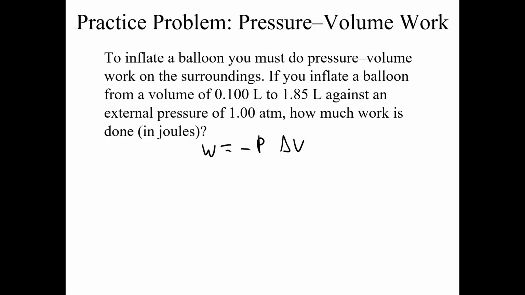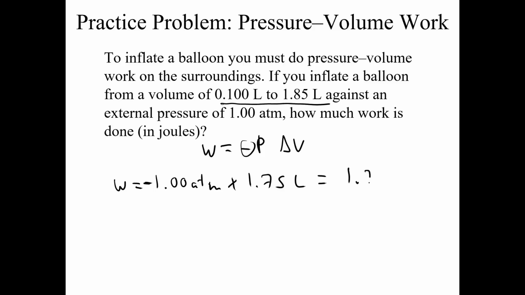To inflate a balloon, you must do pressure-volume work on the surroundings, right? So if you're inflating a balloon, you're going to have an increase in volume. In this case, it's a 1.75 liter increase, from 0.5 to 1.85 (sic). That's delta V. And if you do that against an external pressure of 1 atmosphere, you can easily calculate that probably in your head: 1 times 1.75. So you have 1.00 atm, and let's not forget the sign, so this is going to be negative, times 1.75 liters, which gives us negative 1.75